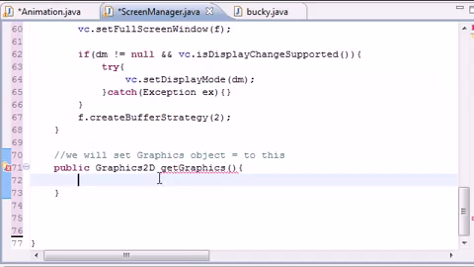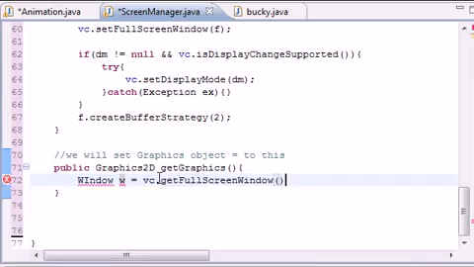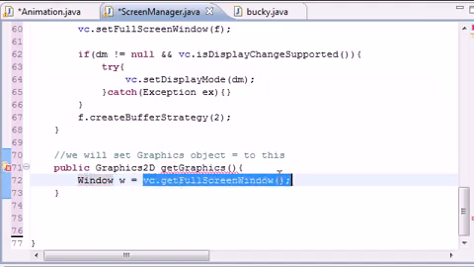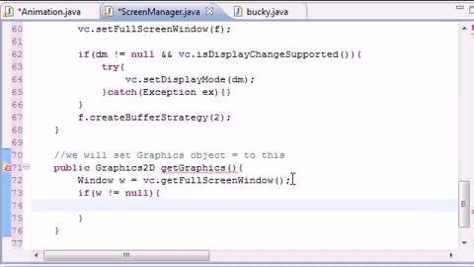So getGraphics, bam. So let's go ahead and get that window. Window W equals vc.getFullScreenWindow, and what this does is, if I type that correctly, it stores your entire thing that's on your full screen into the object or variable W. How awesome. So now we can do things like test things on W. So if W is not equal to null, so if you actually have something you're looking at, what do we want to do? We need to get